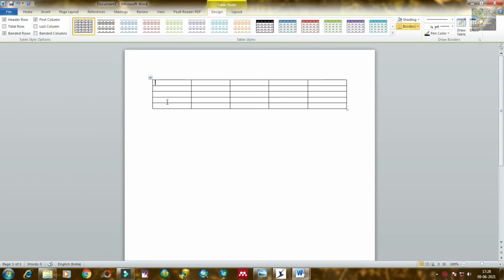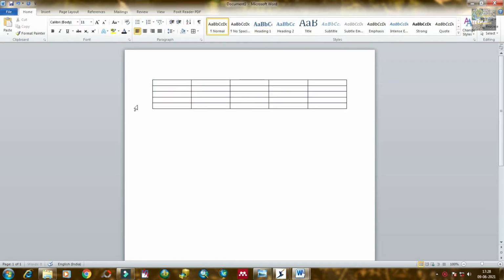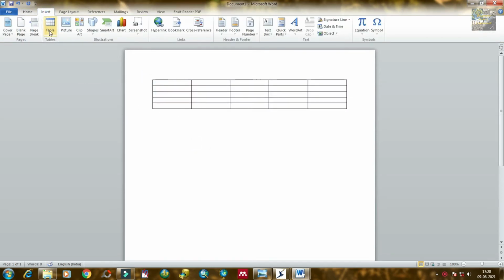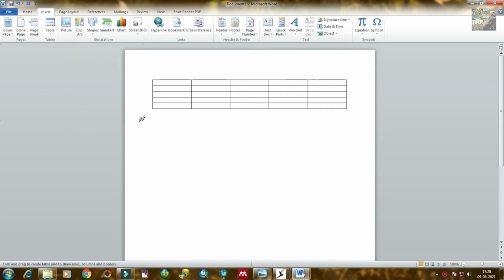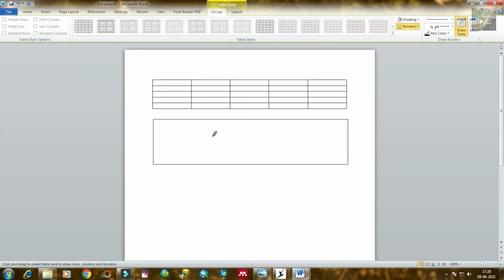Here you can see that I have inserted a table and I am now adding in draw table. In the same way you can draw a table. I have already added a table as you wish.